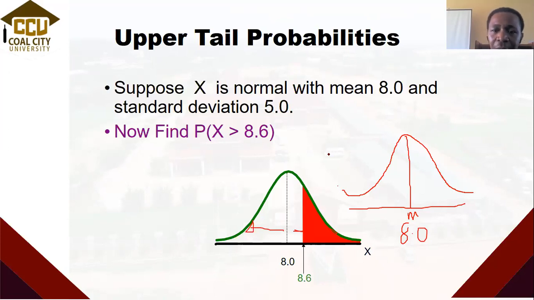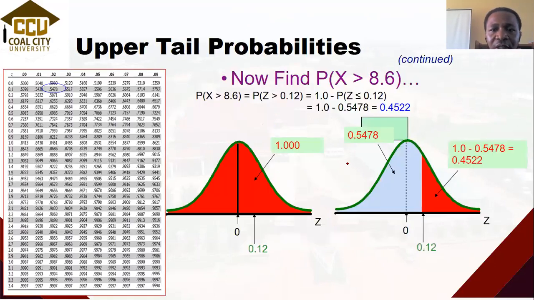So having plotted your normal distribution curve, position your mean, which is 8.0. This is 8.0, so 8.6 should fall somewhere around here. The next thing we have to do: since you've been told that the total area under this normal distribution curve is 1,